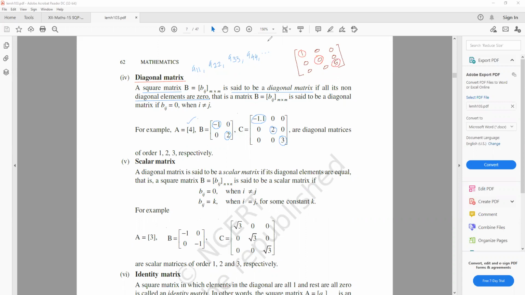सो इधर जो एक डायगोनल एलिमेंट भी 0 आ गया उसमें कोई प्रॉब्लम नहीं है. तो हमें ये देखना है कि जो नॉन डायगोनल है, इधर अब देखते हैं 3 elements below the diagonal and 3 elements above the diagonal, both all are zeros. So this is also a diagonal matrix. Okay,